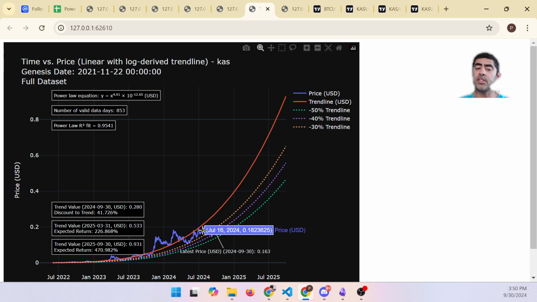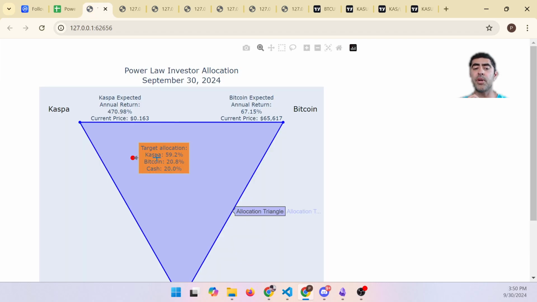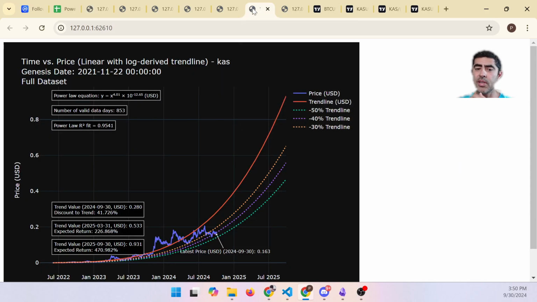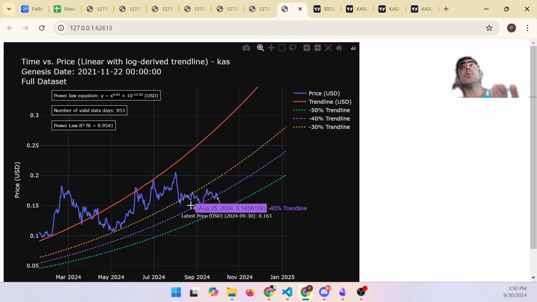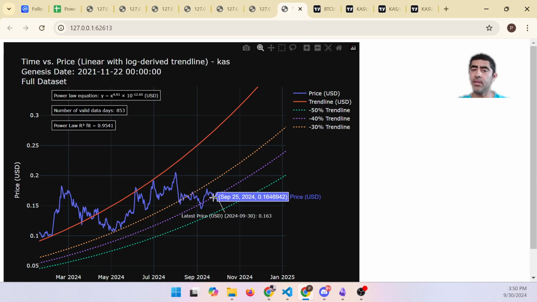So now you can understand, given that we have such a large expected return, why the algorithm is prioritizing Kaspa. It's pulling us more towards the Kaspa triangle rather than the Bitcoin side, because the bang for the buck, even though the reliability is less, is so much more. So let's talk a little bit about what's happening with Kaspa, because one of the things that I found interesting was, given that this has been bouncing below the trend line for quite a while, is the power law broken? Or what's changing? Why is it bouncing down underneath that?